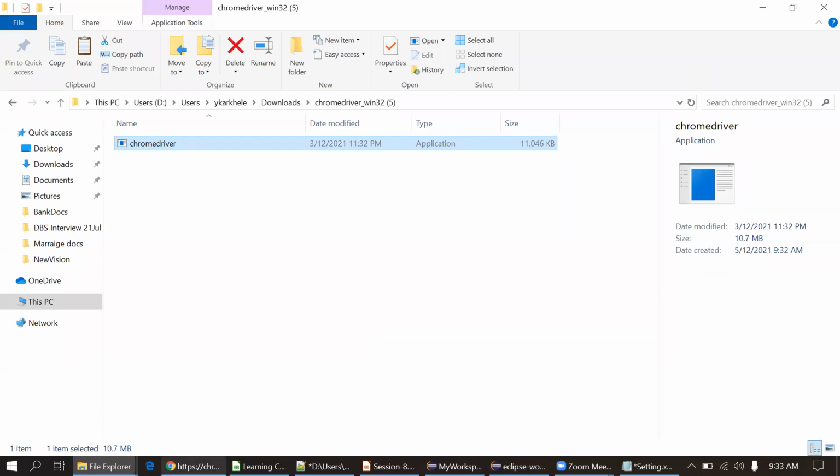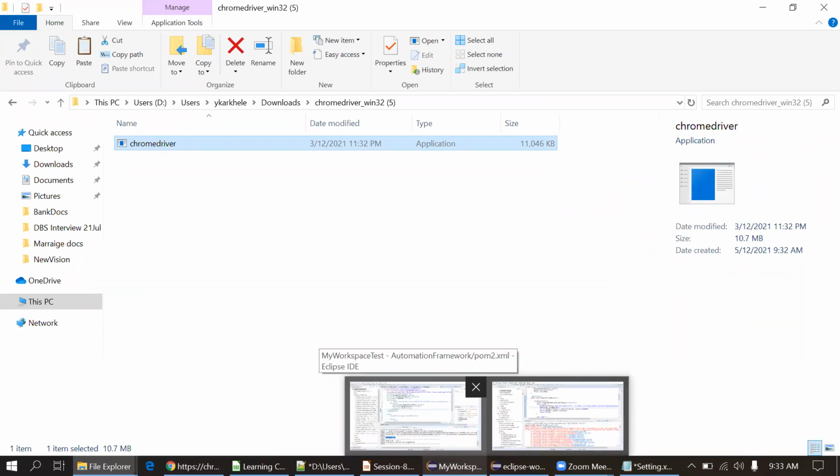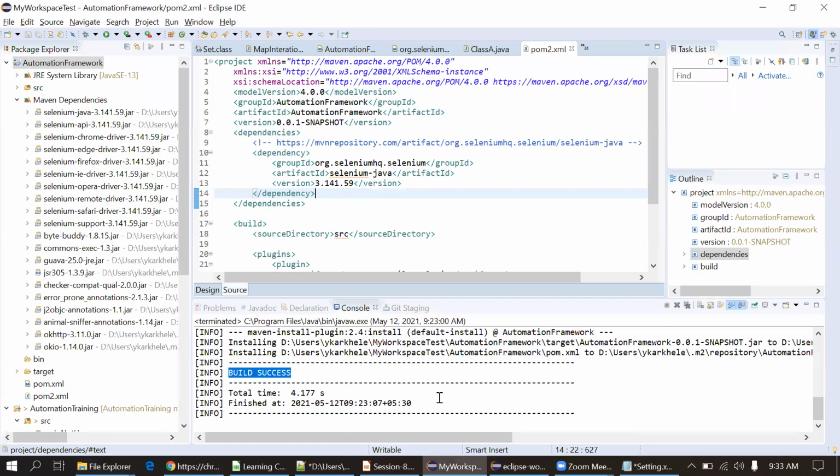There are two dependencies that you need to use. One dependency is the WebDriver dependency, and the other is the Chrome driver dependency. Both the dependencies we need to put into pom.xml. Then by putting both dependencies we can use it. You can Google it out, and you will simply get it.